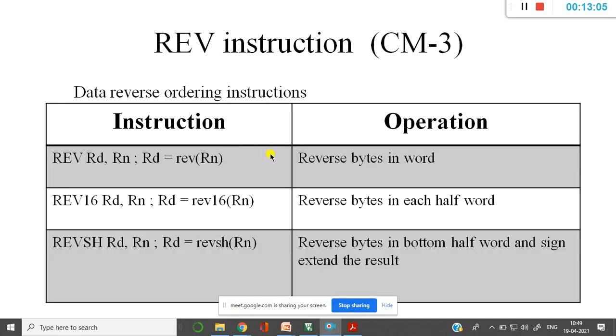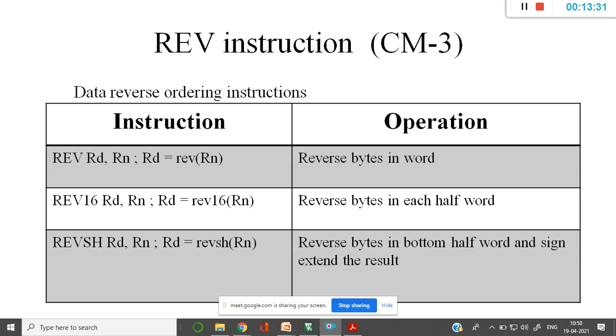Now, another instruction called REV, which is nothing but reverse the data, and this you can see purely in Cortex M3. We didn't have this instruction in ARM7. Now what is the importance of this?